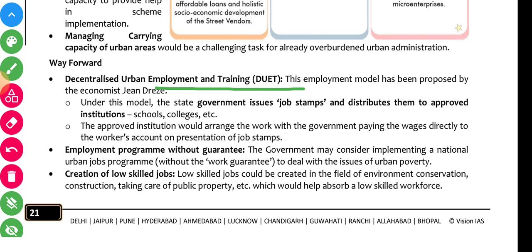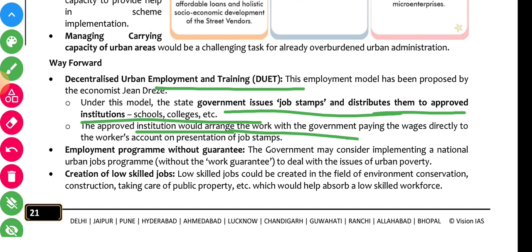Under this model, the state government issues job stamps and distributes them to approved institutions, schools, colleges, etc. The approved institution would arrange the work, with the government paying the wages directly to the worker's account on presentation of job stamps. Employment generation, an employment program without guarantee, creation of low skilled jobs,